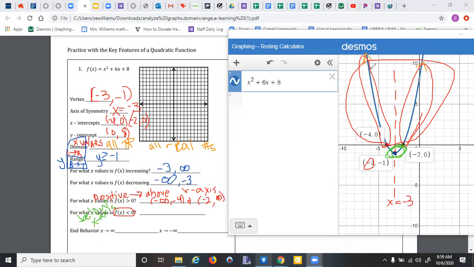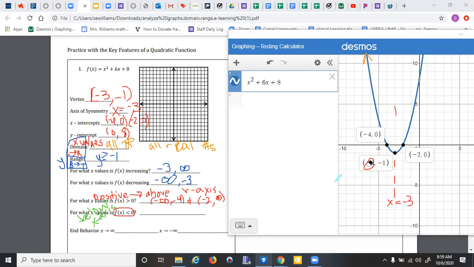From -4, this point, let's erase some of this. All right, so this is the section that's below the x-axis right here. So this point is -4, and then it goes to this point, which is -2. So -4 to negative 2. That's not a point, it's an interval. Okay. All right, and then the last thing that they want you to know about a graph is the end